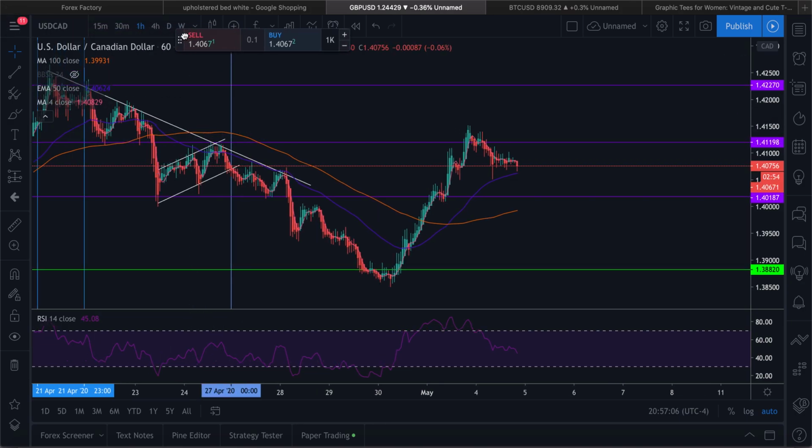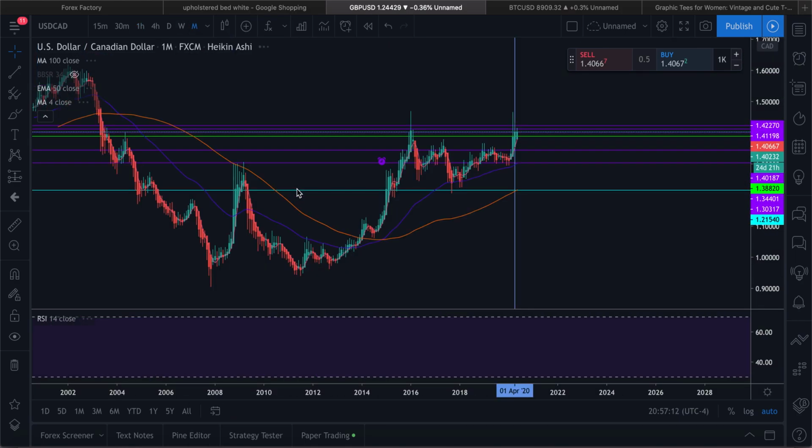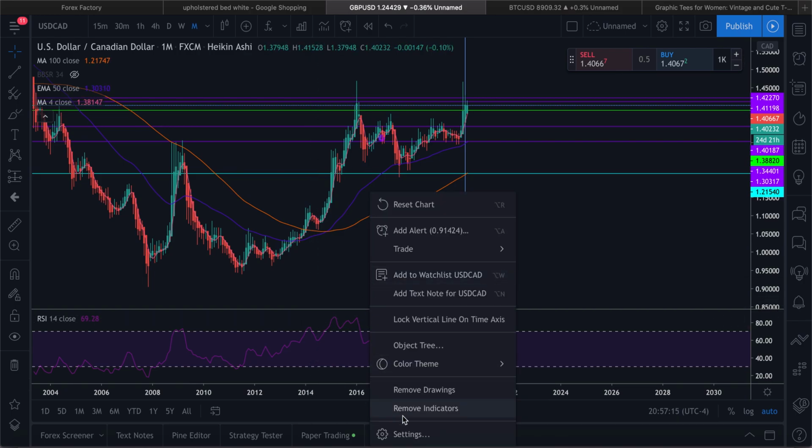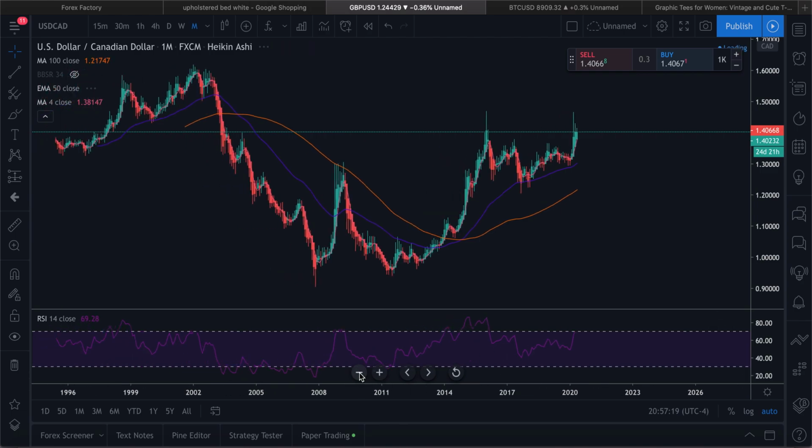Okay, so USD Canadian dollar. We're gonna move this over here. So let's start with the monthly. So we're gonna clear everything. Okay, so with the monthly, if we zoom out,